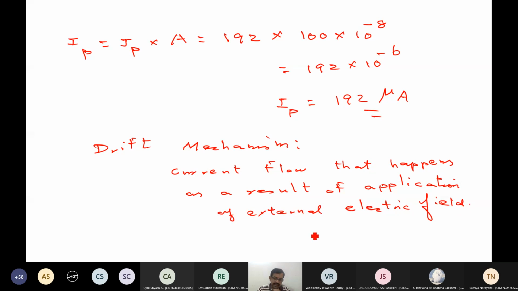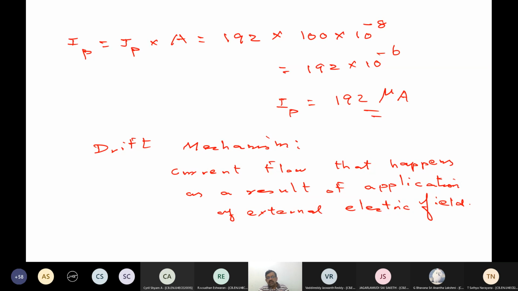So the charge carriers move under the influence of external field. How will the charge carrier move? It depends on the nature of the solid itself, the semiconductor itself. So a hole or electron, for example, may move in silicon differently in comparison to germanium under the influence of the same field. Okay, all right. So that you must understand.